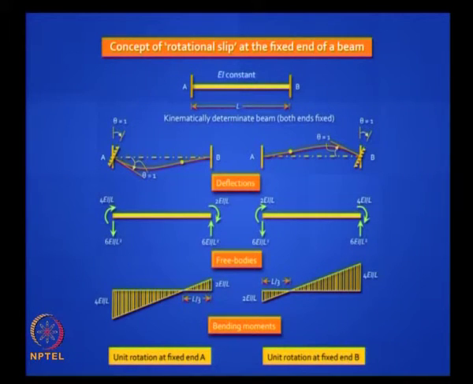Is it clear? This is another way of looking at the same problem. The main difference between this picture and the previous picture is, here somehow the fixity is rotating on its own and you are getting the same bending moment distribution. So here the end forces developed, the moments and vertical forces developed are reactions, whereas in the previous case they are actions. Do you understand the difference?